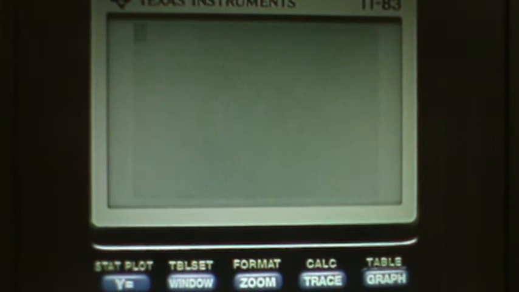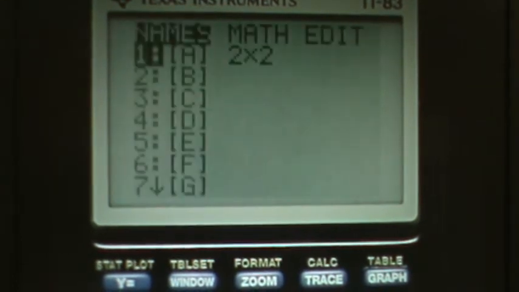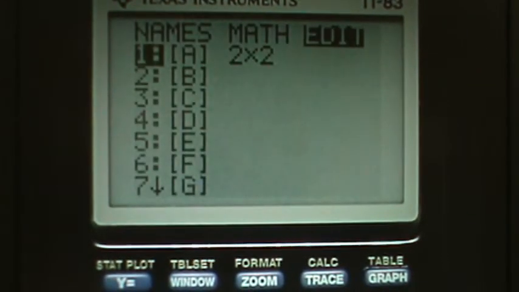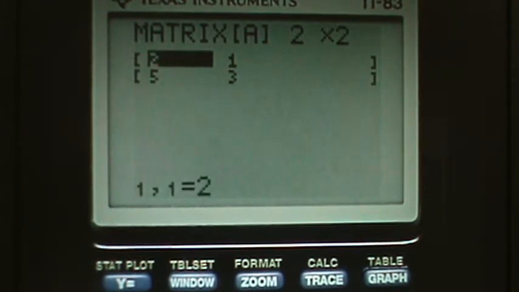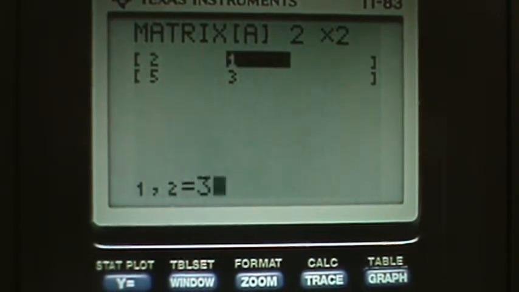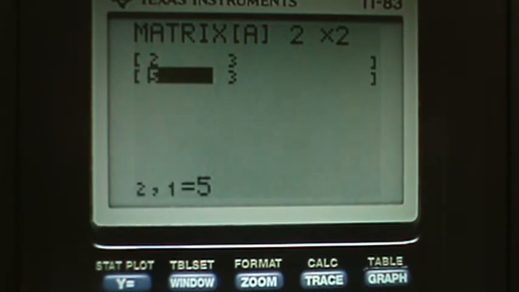Pressing the matrix button and cursoring 2 to the right, and then pressing enter, we can overwrite the matrix that we had on board earlier. Now we want to enter a 2 by 2 matrix here, so we'll press enter here and then enter. Now the items at the top of this matrix are 2, 3, so I'll overwrite the 2 or just press enter, and then 3 for this one, enter, and along the bottom row 1 and 4, so 1 enter, 4